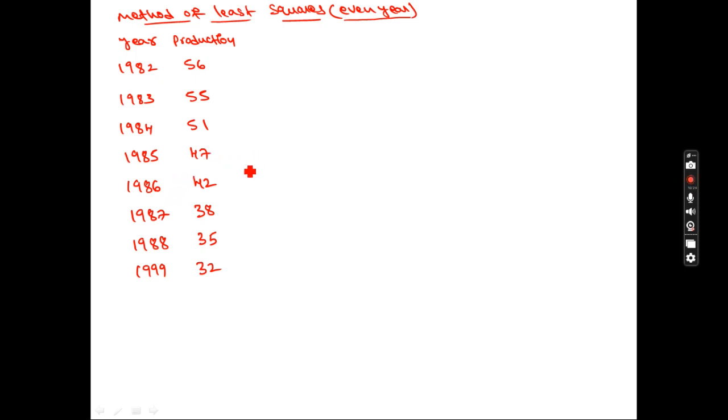When it is odd, we took 0 at the middle year, but here we have to take -1. Production is nothing but y, so production you always treat as y. Do the total of y, and you are getting 356. And next we have to take the x values. Now how to take the x values,